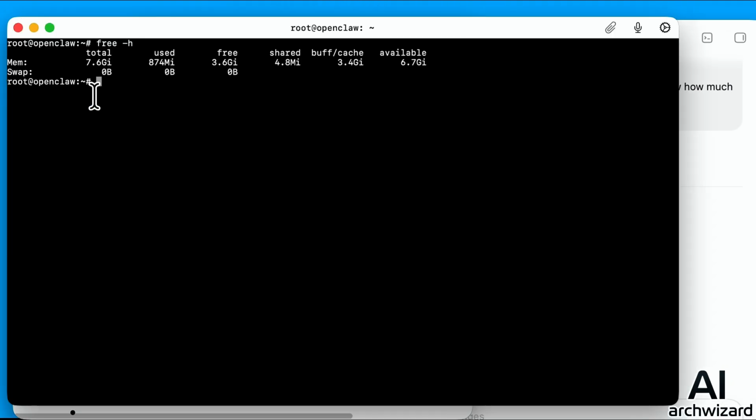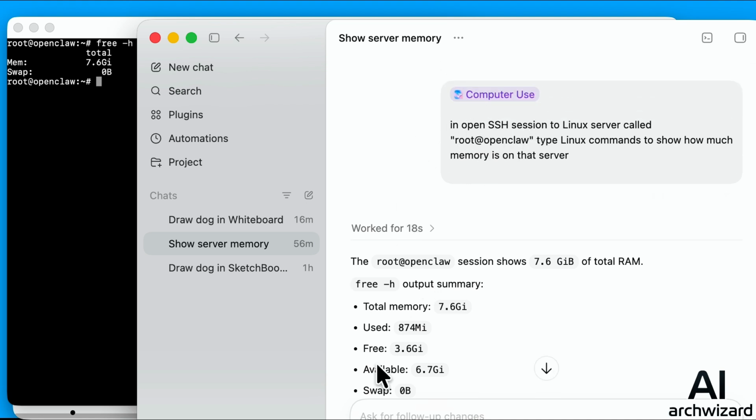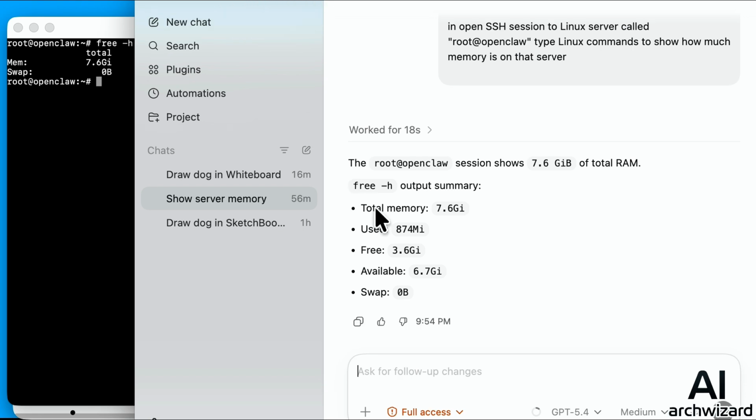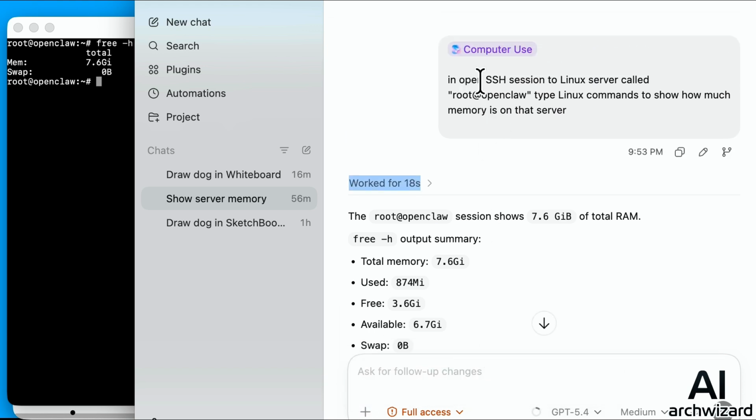Then I tried also, I have here a connection to Unix that is running in a data center, and I have written the prompt. So first of all, it works in this way: you have to select a plugin called computer use, and then you write a prompt. I wrote the prompt in the session to Linux, which says, show how much memory the server has, and it executed it. Maybe I can now